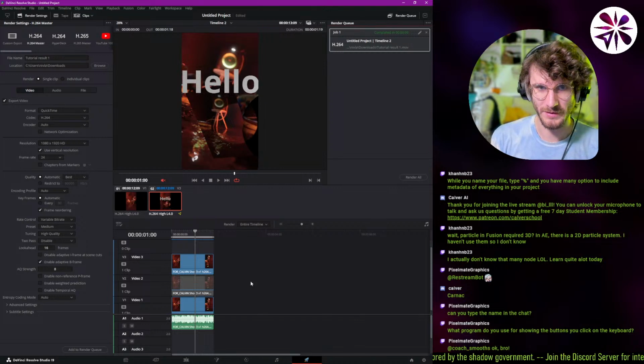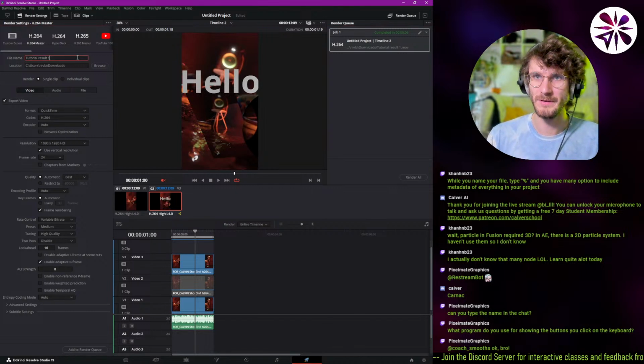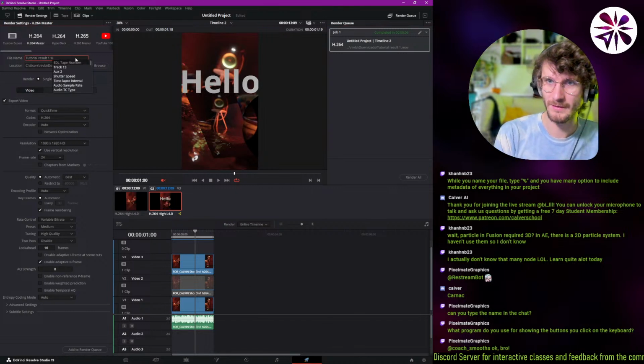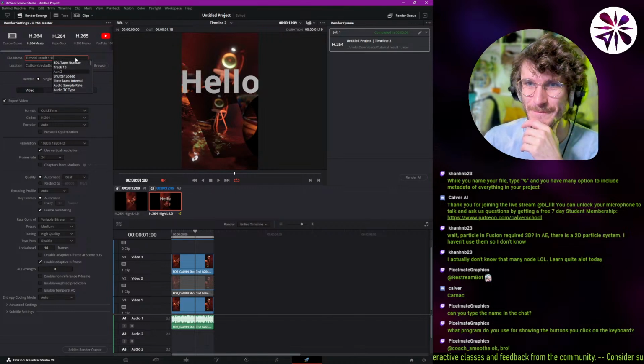Khan says, well, you name your file type percent, and you have many options to include metadata of everything in your project. Oh, let me look at that. I haven't tried that. Very cool. I actually didn't know this trick. Percent, so we can have